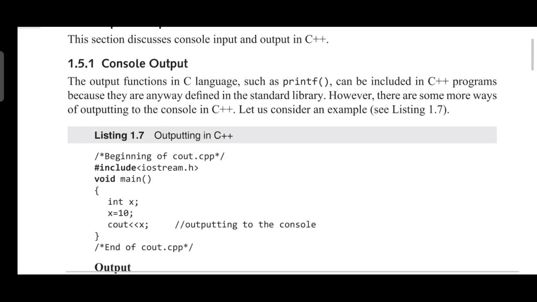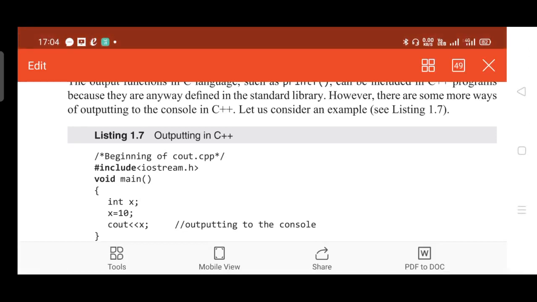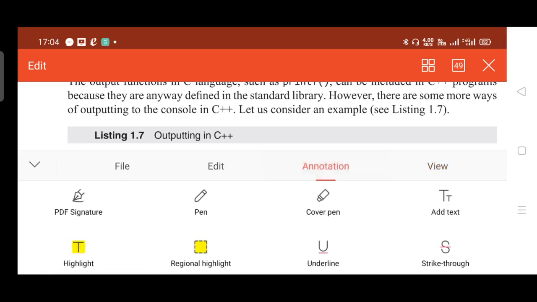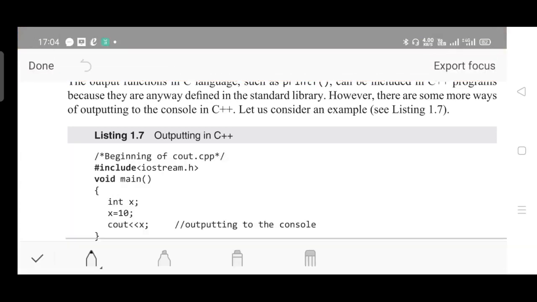now let us try to understand how to write simple C++ programs. So a simple C program, you know how to write, isn't it? You are writing the header file first, right? Macro it is called, right? So in case of C, what is the macro you are using? You are using the macro hash include stdio.h.